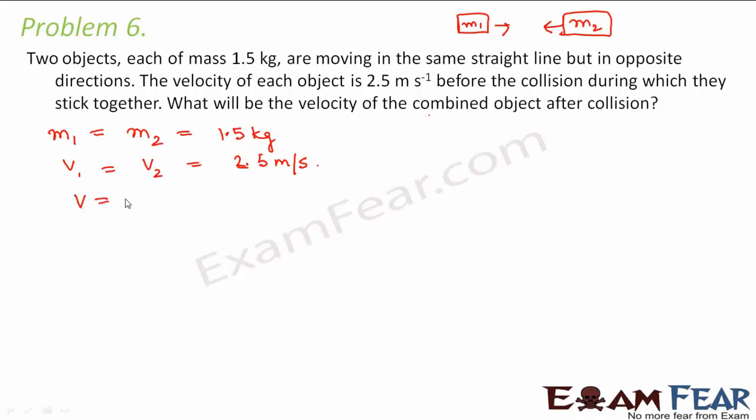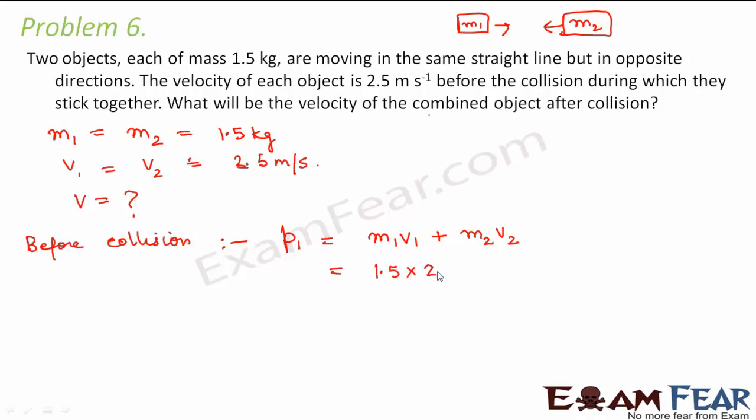So we have to calculate the velocity after collision, right? So let us try to calculate the total linear momentum. So the total momentum before collision. Let us denote the total momentum as P1. So P1 will be equal to the momentum of M1 plus the momentum of M2, that is M1 V1 plus M2 V2. So in this case, this comes out to be 1.5 into 2.5 plus M2 is 1.5 into V2,